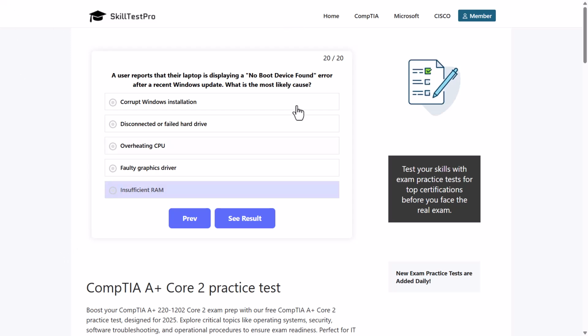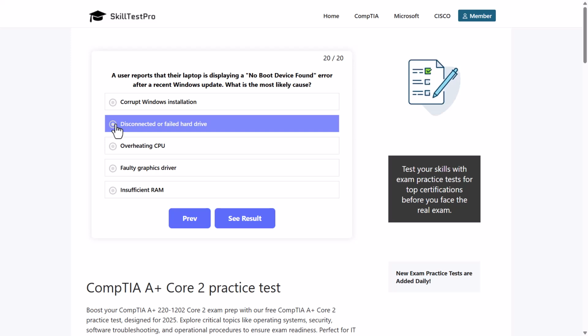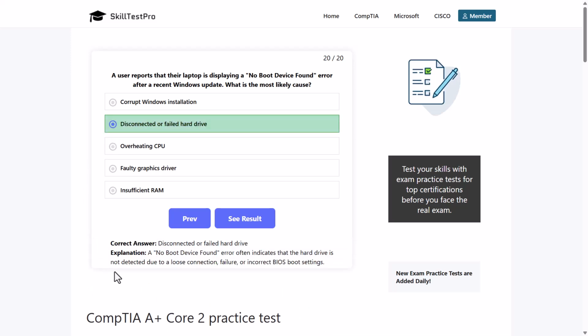So okay, let's get back to this. Disconnected or failed hard drive is the correct answer, guys, as a no boot device found error often indicates that the hard drive is not detected due to a loose connection, failure, or incorrect BIOS boot settings. So yes, guys, this was another CompTIA A+